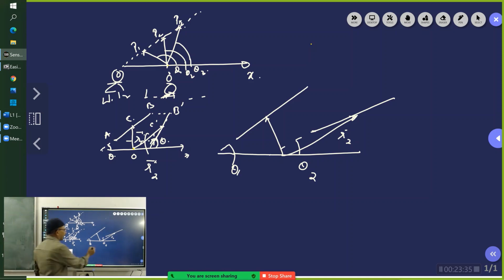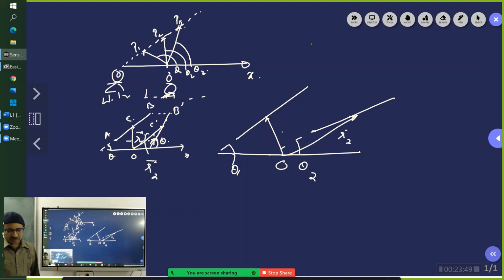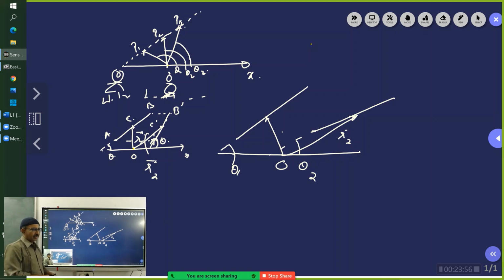I am not giving you any reference point, only one reference point I got. That's the setup. And then what is the difference between this motion and this motion? Think calmly and give me the answer. One minute, sir. Sir, in the first case there is no rotation about C, but in the second case there is additional rotation